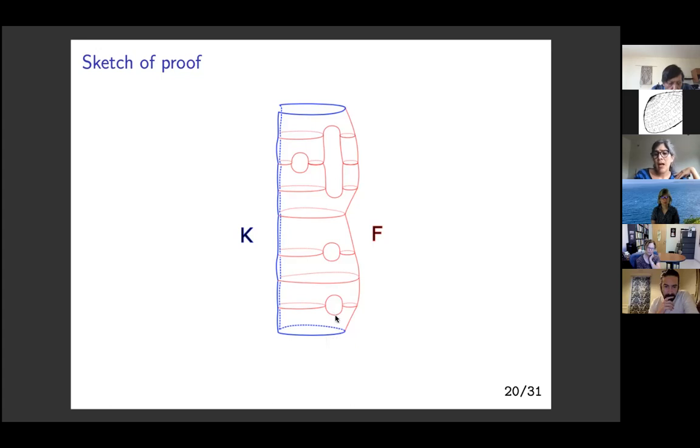So here is a saddle that joins an arc with itself, giving rise to an arc with a curve, and so on. You see another saddle that joins the arc with itself, and so on. So this is what we have. And so the next step is to detect torus levels so that the cipher surface intersects